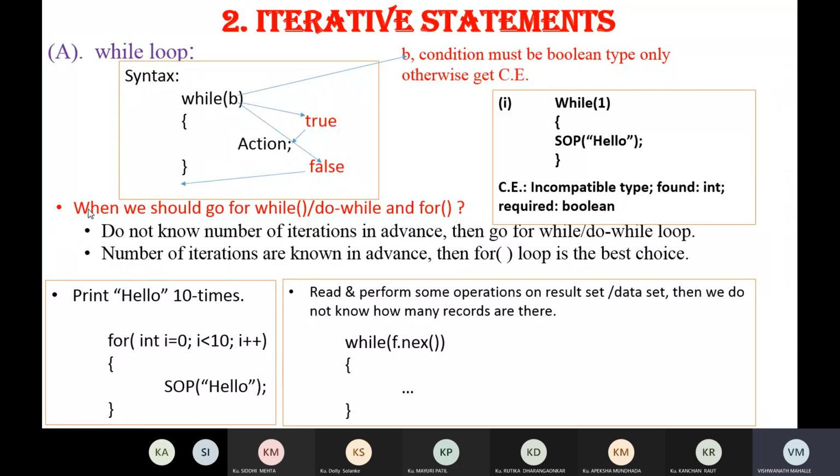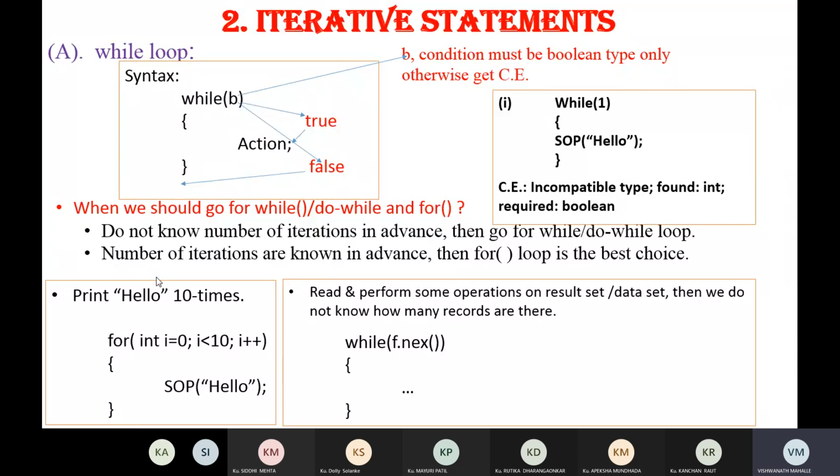So we know how many times we want this for loop to execute. And if we do not know the number of iterations in advance, then it is generally suggested to go for a while or do while loop. So that is the point here.